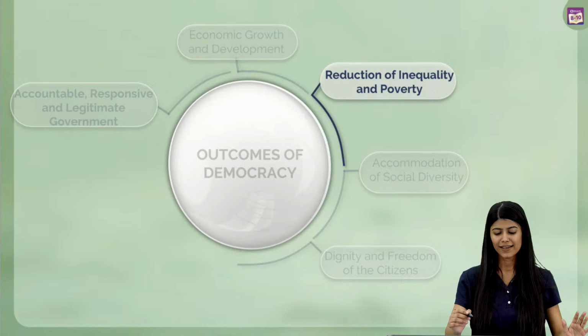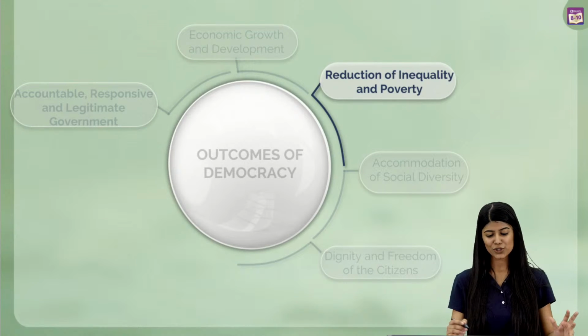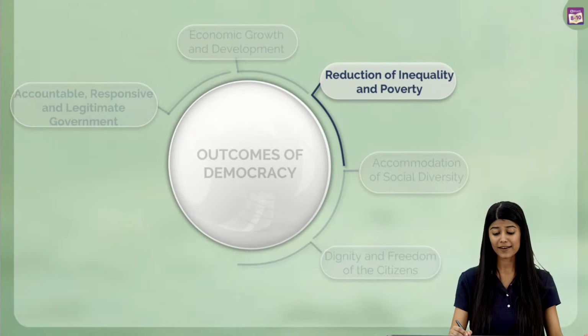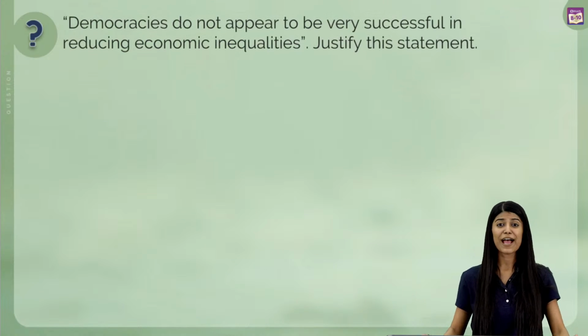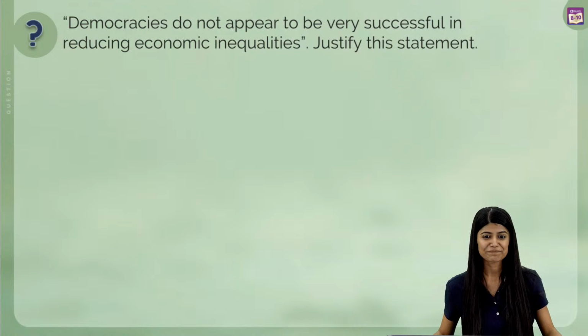Let's move now forward to the third aspect that we have of the outcomes of democracy, and that is, does democracy help in the reduction of inequality and poverty? We will be finding that out. So the question that we have for the third aspect is